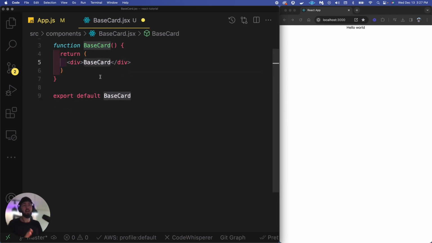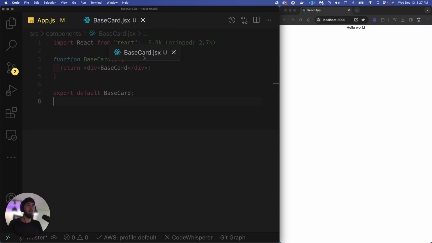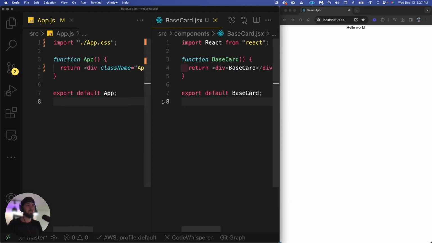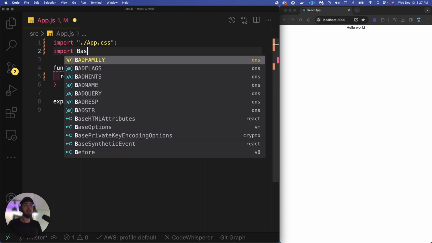But I'll leave it as base card right here. Not a big deal. I just press save and you can see that Prettier reformatted it for me. But I want to make sure that this component exists. So what I do, I will keep base card up on the right, or I will go back to my app.js, and in my app.js, I will import base card,